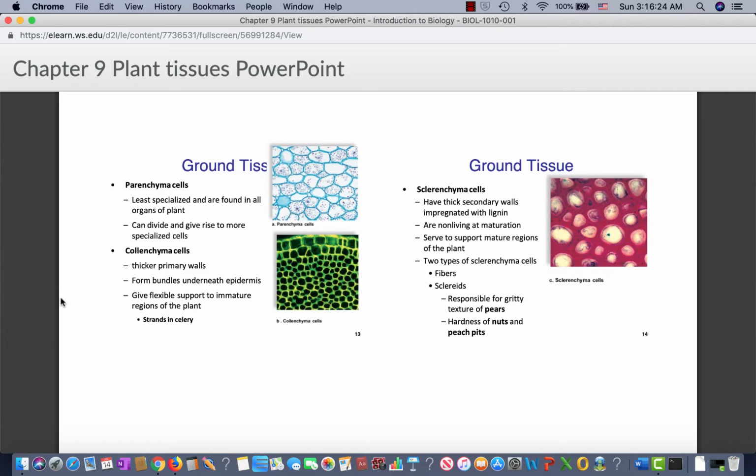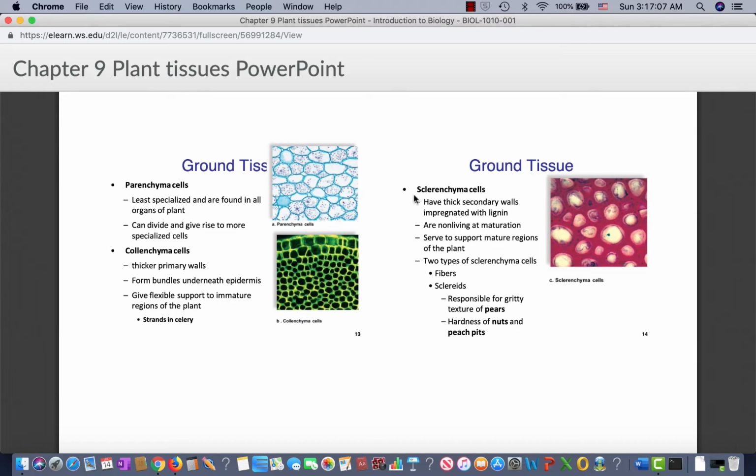It has thicker primary cell walls, and they form bundles underneath the epidermis, and it provides support to immature regions of the plant. So this is like the strands in celery. I know I've mentioned this before, but anytime you see something bolded in a PowerPoint, there's probably going to be a question on that at some point. So take note of anywhere that you see something in bold, especially if it happens to also be underlined or anything in red. You can pretty much guarantee that's a question. But anyway,